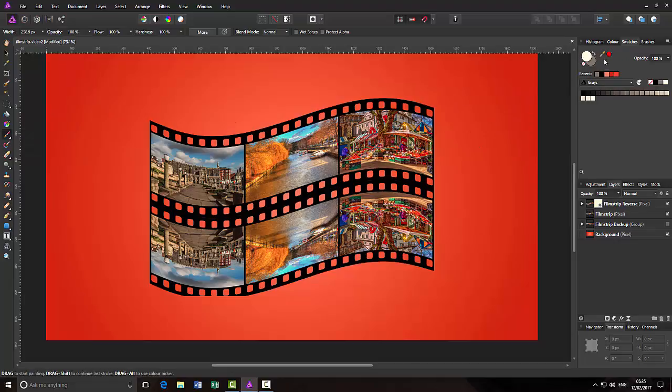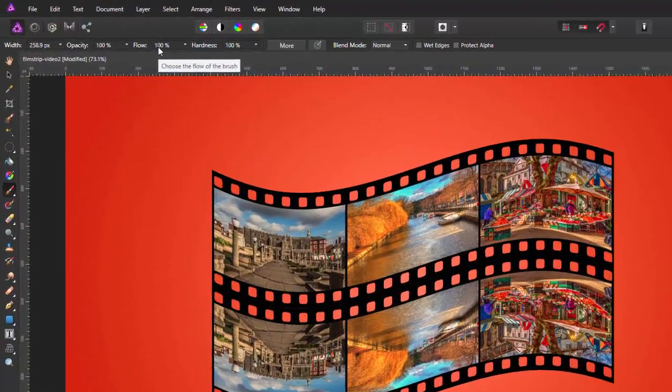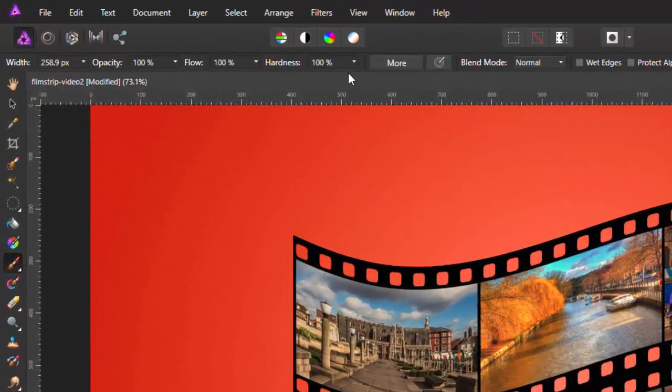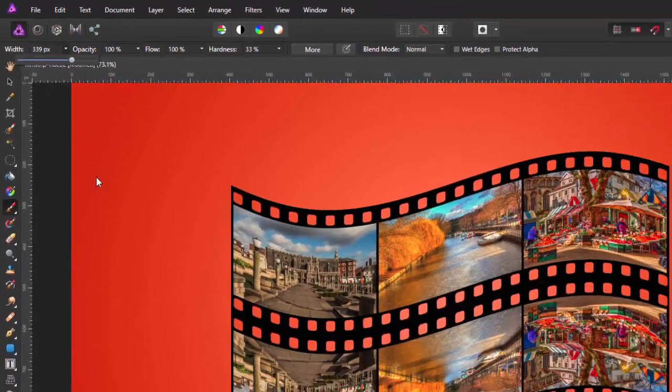and we need it to be, let me put the colors back to black and white, and we want black as our foreground color because we are going to be painting on the layer mask. Just make sure that it is a layer mask that is highlighted, and I'm going to have the opacity and the flow at 100%. I'm going to have the hardness down to about 30-35%, roughly around that area, and I'm going to make the size somewhere around the 300 mark,